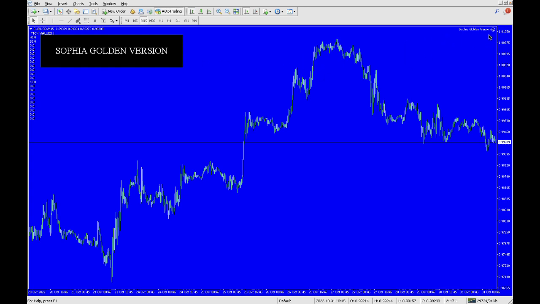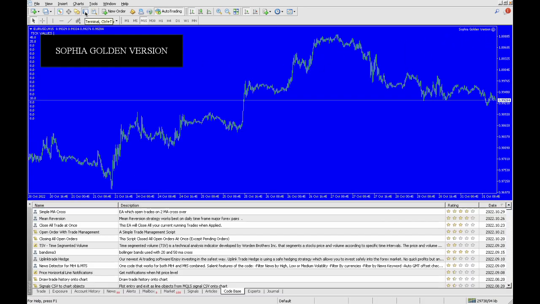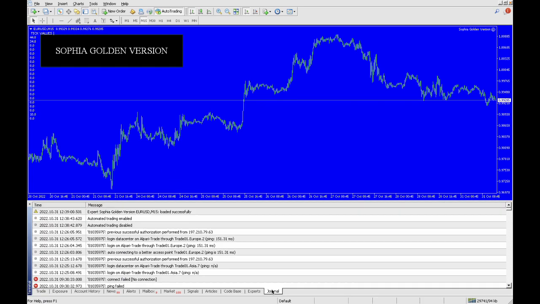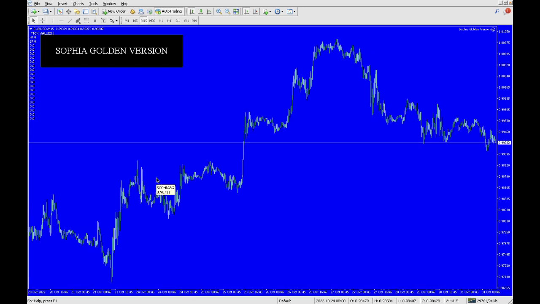All right, you can see it's smiling here, and if you go to our journal here, you can see Sophia Golden version Euro M15 has been loaded successfully. All right, so this Forex robot is more of like a trend trader now. It detects trends and it trades the trends as well. All right, but it isn't fully automated with respect to closing trades, and I'm going to show you why in